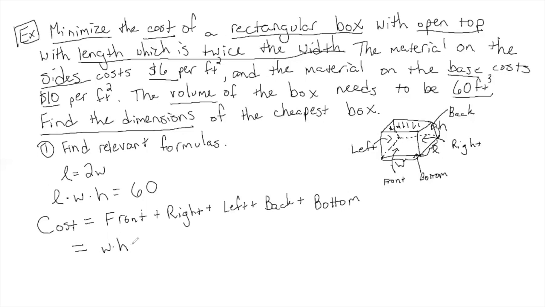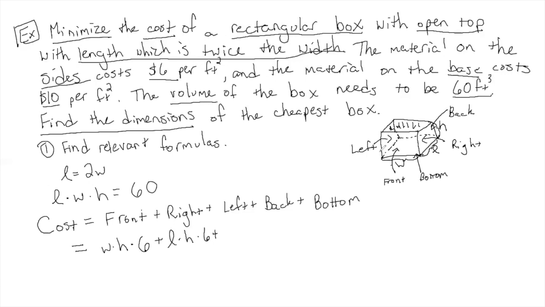W times H, but then for each square foot, for each unit of area, I have $6. So just like with cost before, if I was selling Q things and it cost me $6, I would have 6Q. In this case, I have a whole area that costs $6 per square foot. So I take the area and I multiply by 6. Okay, how about the right side? Well, this is L times H, and again, the cost is still 6. So this is L times H times 6 plus